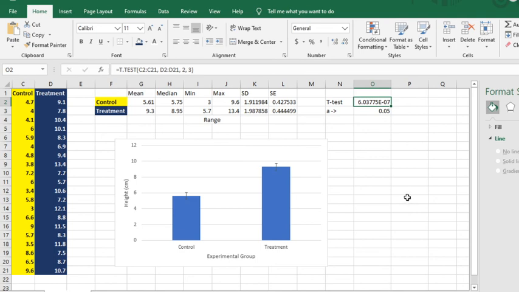So that's a quick look at how to create a graph in Excel and to show some form of variation. We looked at how to show the range, and we looked at how to show the standard error. If we chose to do the standard deviation instead, that would be easy enough to do too. We do it in the same way as the standard error. For a lot of the things that you do, especially in classes or in simple experiments, you're going to use